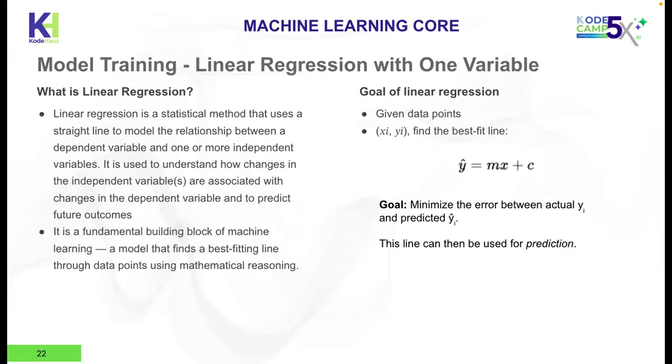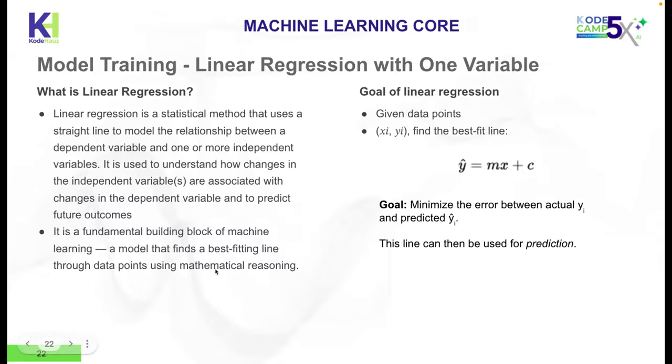What is regression? Regression is prediction, basically, like we've said before, right? So you use linear regression to understand how changes in the independent variable, which is the X, are associated with changes in the dependent variable, to predict a future outcome. It's a fundamental building block of machine learning. So it's a model that finds a best fitting line through data points,